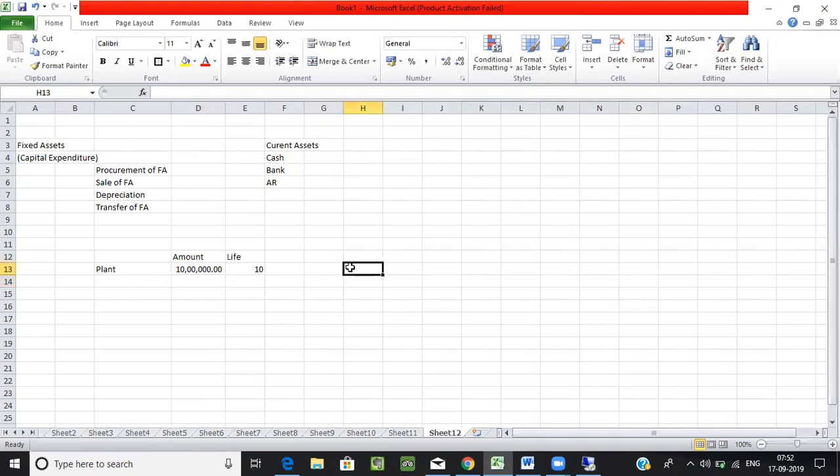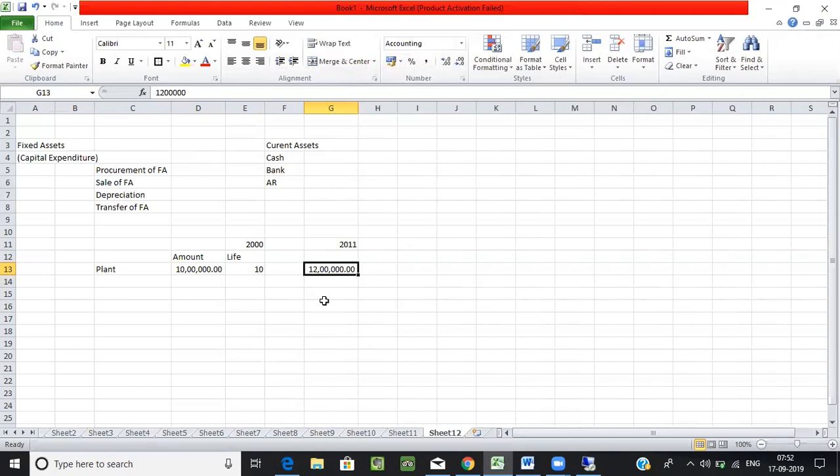So let's say we procured this in the year 2000. It means in 2011, we will have to buy this asset. Maybe we can have the same value or maybe more or maybe less. That's fine. Let's say 12 lakhs. In 2011, it is 12 lakh. Now, if I want to procure 12 lakhs in the year 2011, it means